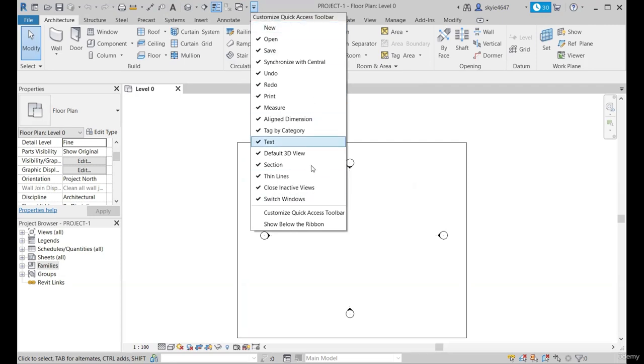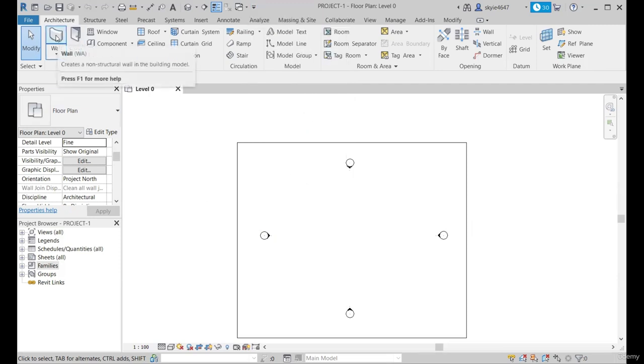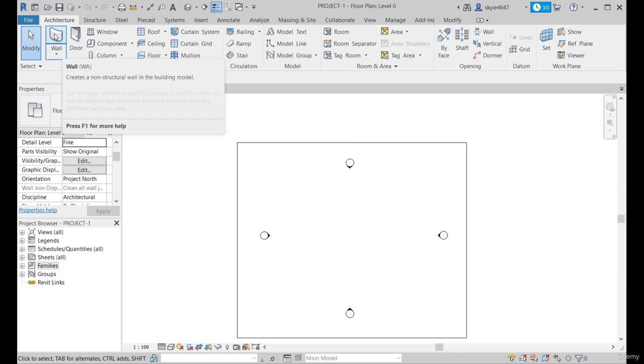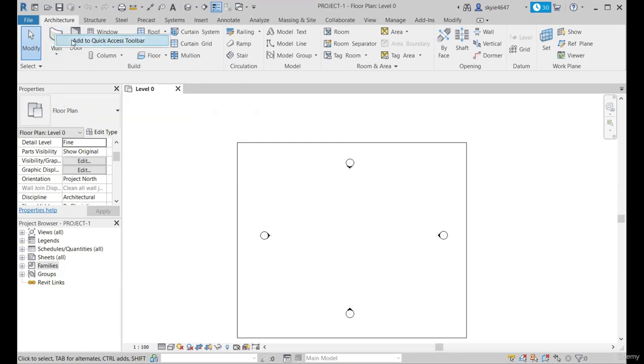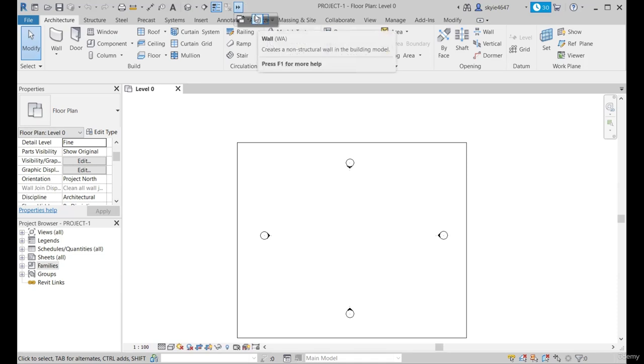Apart from these tools, if you want any extra tools that are present in the build tabs or any other tabs to be present in the quick access toolbar, you can even add those. Like, I want the wall tool to be present in the quick access toolbar. So I'll just right click on the tool, and we have the Add to Quick Access Toolbar small window popping up here. Just left click on it, and as you can see here, wall has been added into the quick access toolbar. Just modify it,